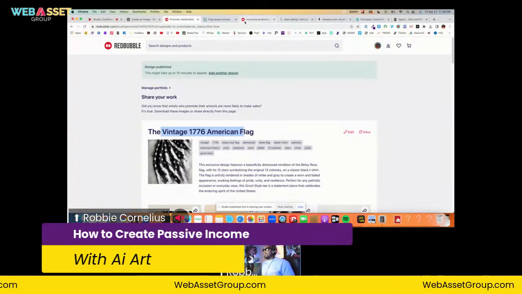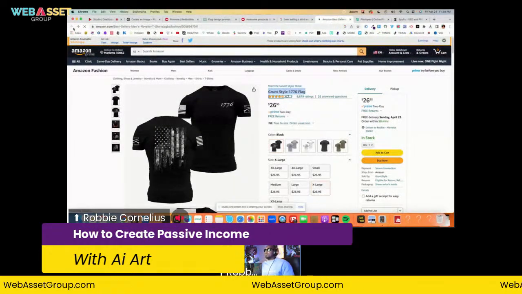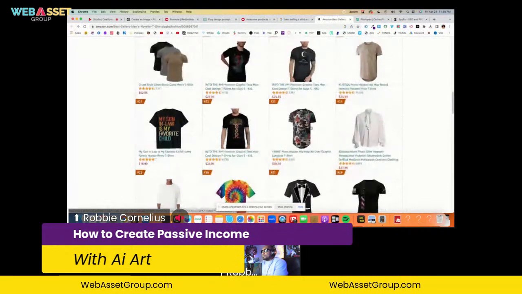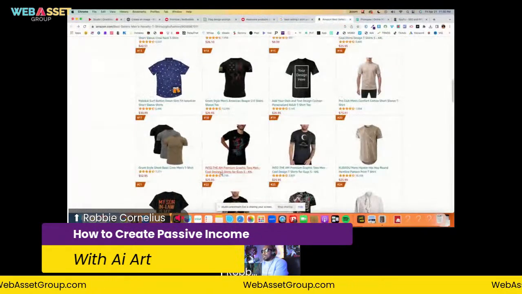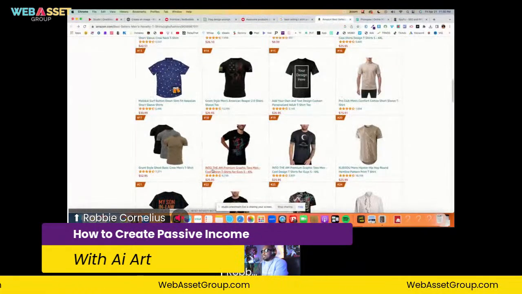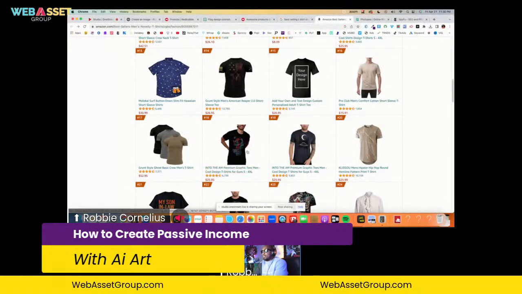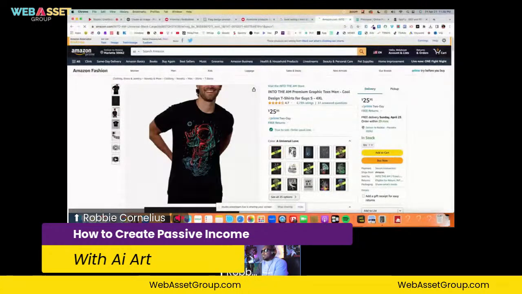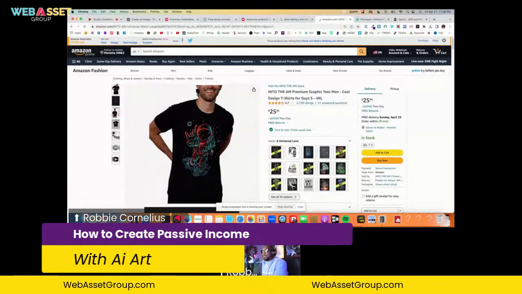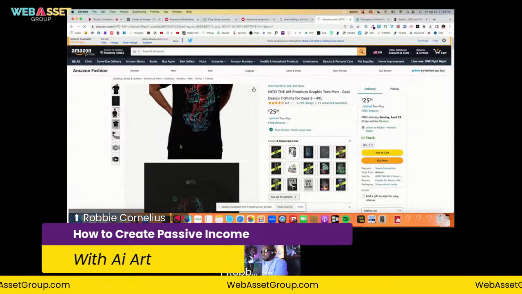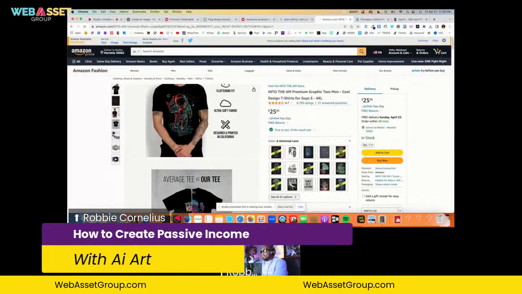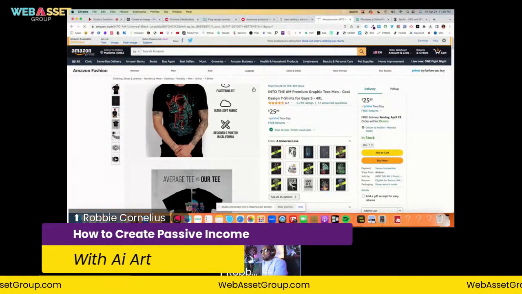Okay. Now, I'm going to keep the ball moving. So I'm going to go back over here to Amazon, and I'm going to look for some other stuff. What else can we get inspired by? Okay, I like this. Premium graphic tee. So let's look at this right here. I like this item right here. It's an astronaut. Looks like an astronaut walking in a puddle of water.